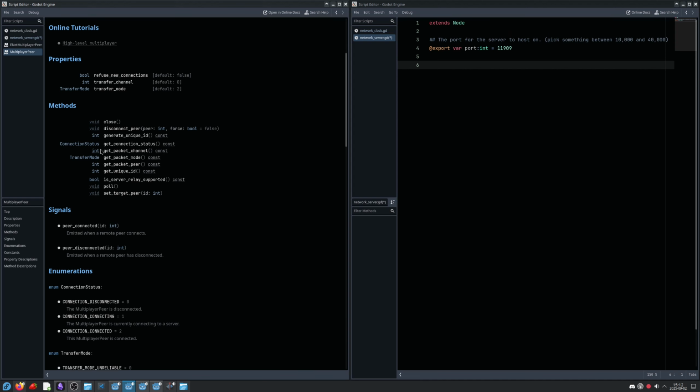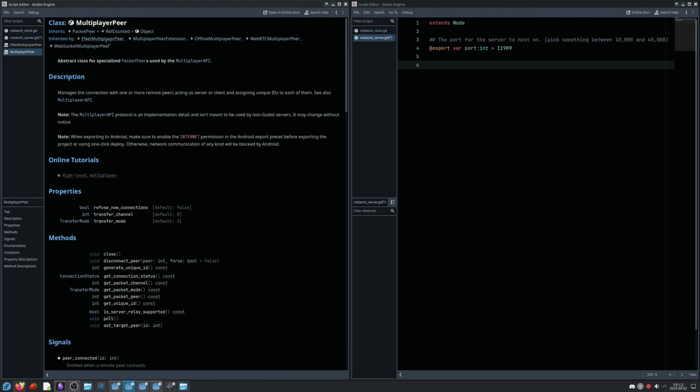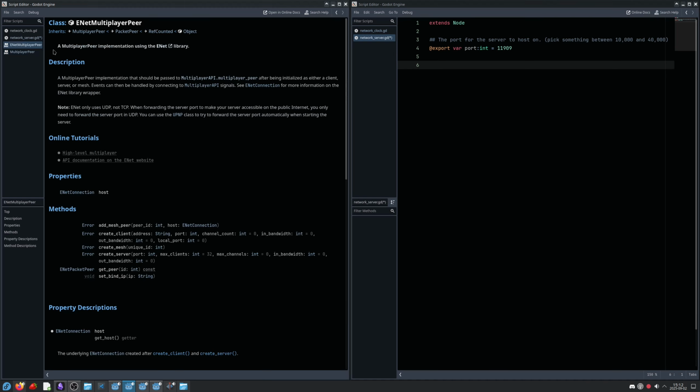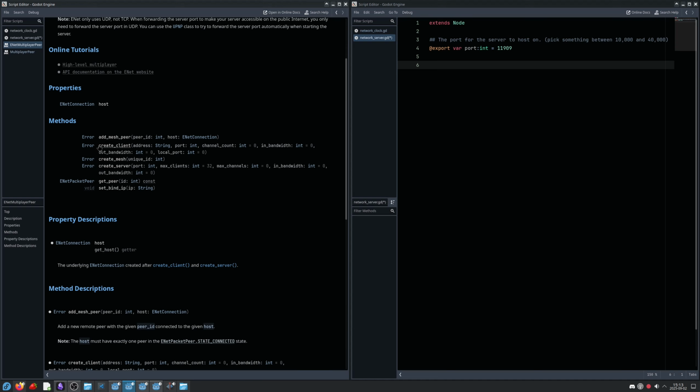It says high level here, but for our purposes, it's low level. You can connect to servers, get the packet mode, peer, channel, but we don't need to worry about these things because we have a higher level version called ENetMultiplayerPeer. There are other ones that are more complicated in terms of the actual code that you write, which is why ENetMultiplayerPeer is the easiest one at face value. This means that we can easily create a client and create a server,